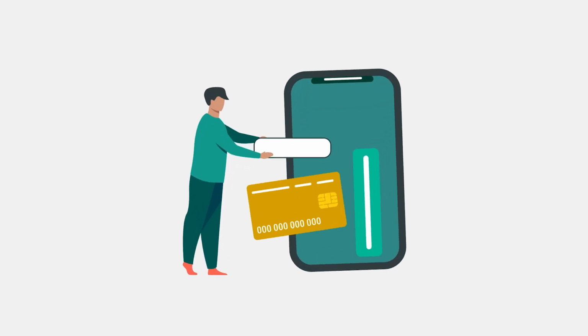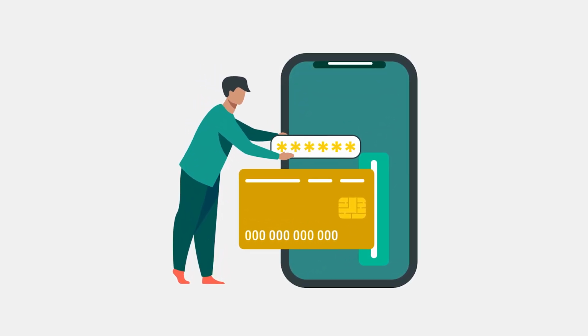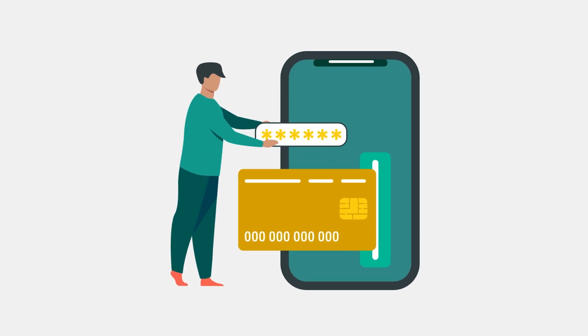Did you know that tokenization can make payments easier and smarter? Well, it can. Payment tokenization is crucial for businesses as it reduces the risk for data breaches and fraud. Both your business and customers benefit from the enhanced security payment tokenization offers, which is what we're going to talk